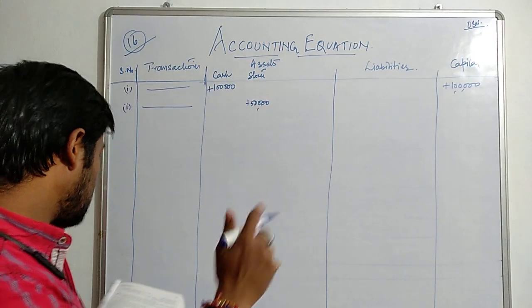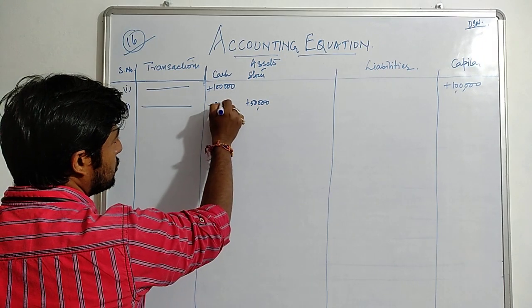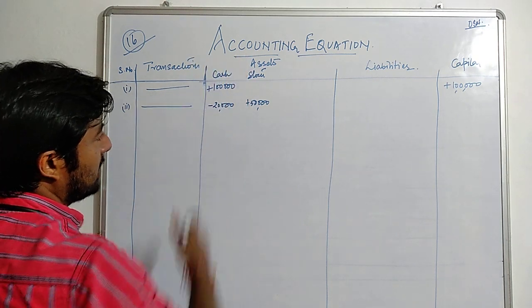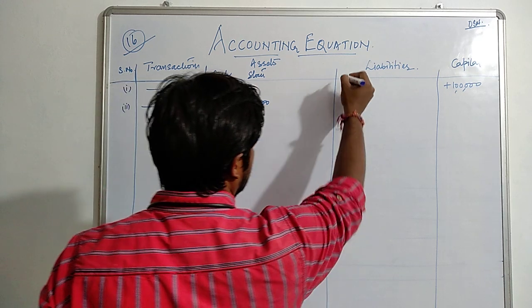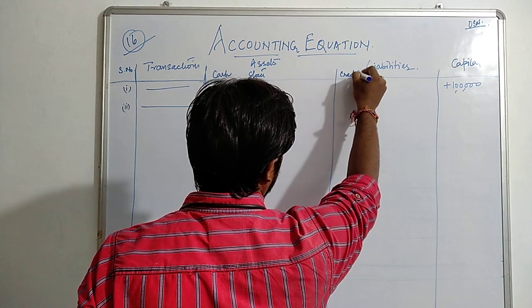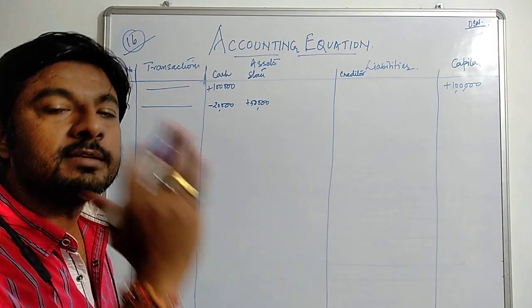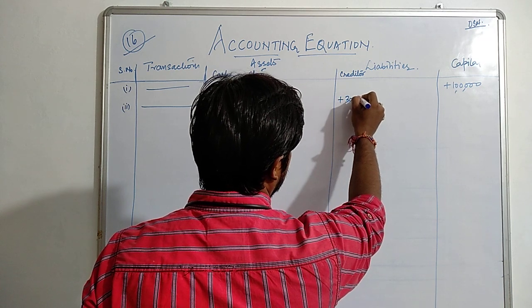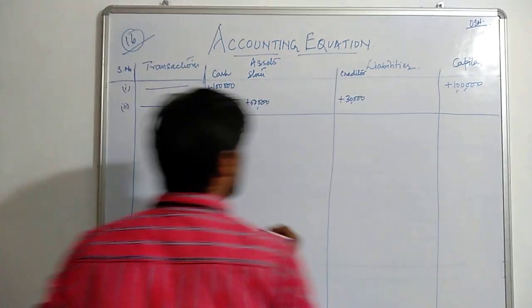You are paying cash 20,000 for this goods purchased. So 20,000 cash is going out. So the level of cash is going to decrease by 20,000 and the rest of the amount you are going to pay later. To whom we have to pay later is known as creditor. This is the liability for the business. So your external liability is going to increase by rupees 30,000.